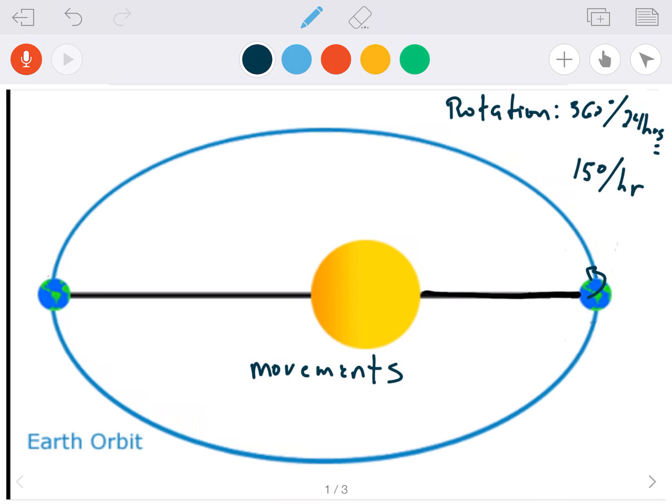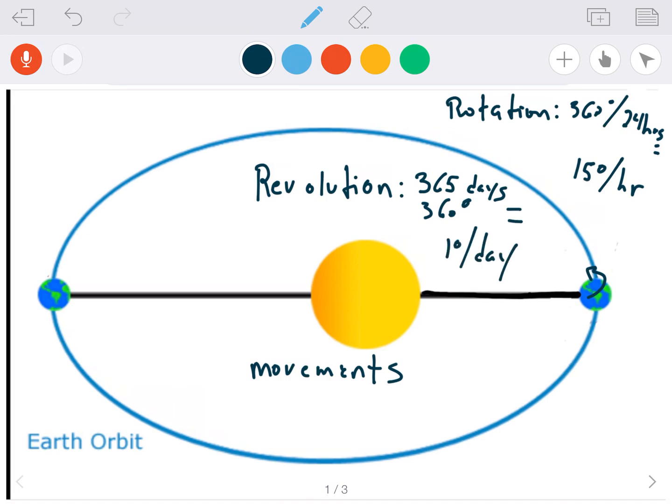The second thing Earth does is it revolves, and we call this a revolution. A revolution is around the sun. So a rotation is around Earth's axis itself. A revolution is going around the sun. The Earth does this in about 365 days, and a revolution is about 360 degrees. So when we round it, we say that it takes approximately 1 degree per day to revolve around the